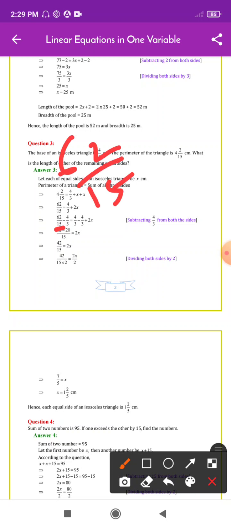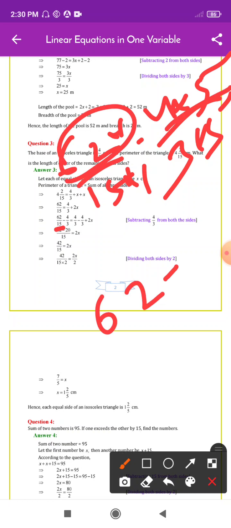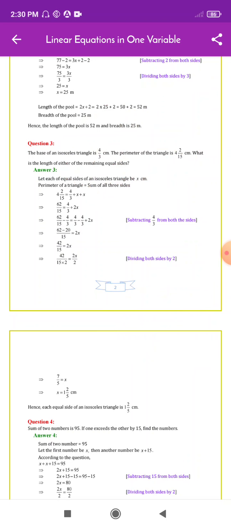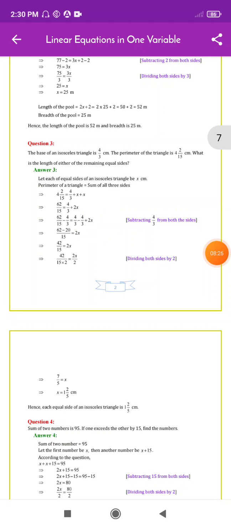Okay, like that. So then minus what is given, 4 upon 3. So this 1 will get cut. This will become 3 5s are 15 and this will become 4 5s are 20 and this will remain. So we'll get 62 upon 15 minus 20 upon 15. Yes or no? It is given. Yes. Now see, equals to this 4 upon 3 and this 4 upon 3 will cut. Yes or no? So what will remain? Only 2x. Yes or no? Now see, 62 minus 20 upon 15 equals 2x. Now what will remain? That is 42 upon 15 equals 2x.